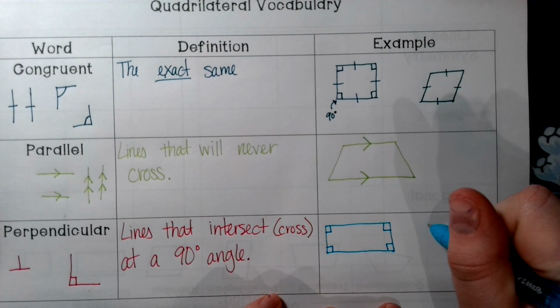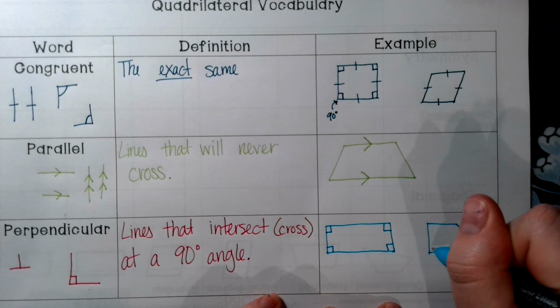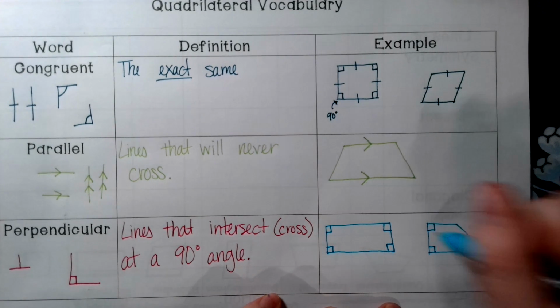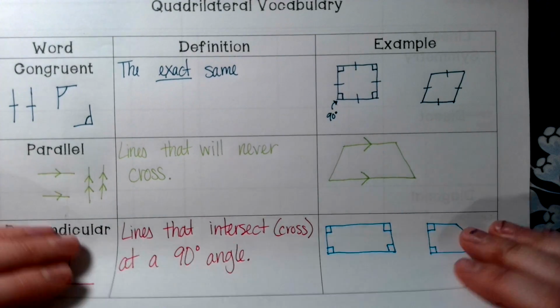We also talked about how on a trapezoid, you can have up to two perpendicular 90-degree angles. I don't know why I just changed colors there. I just realized that. But it's okay. We will move on. On the back page,